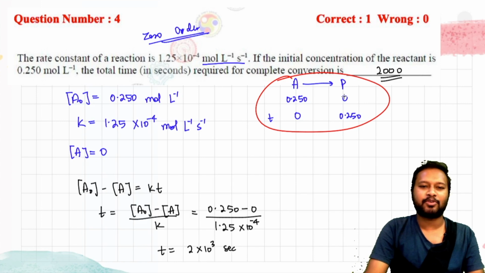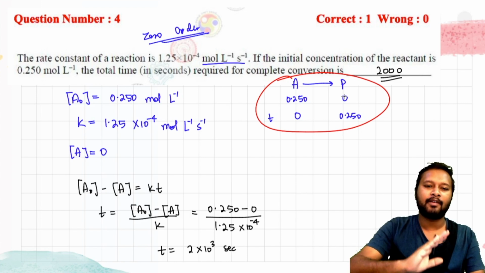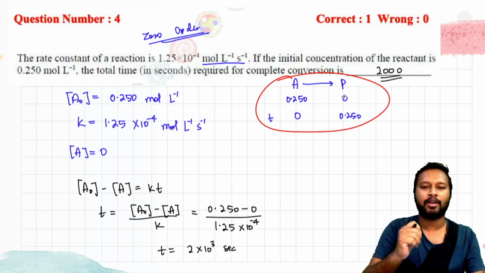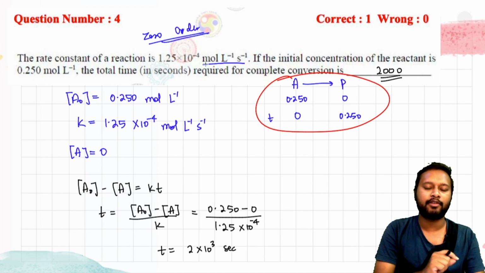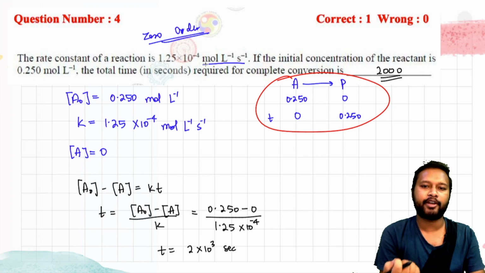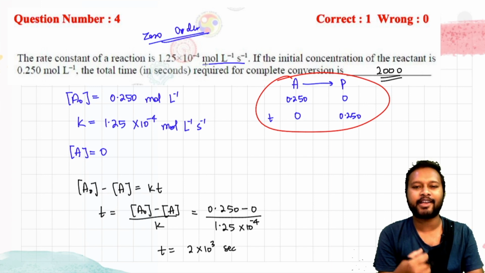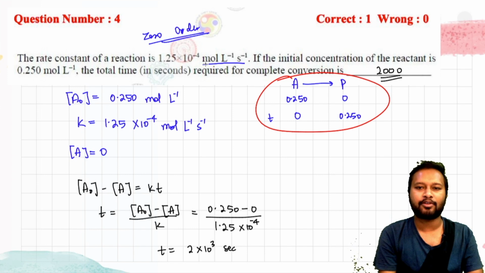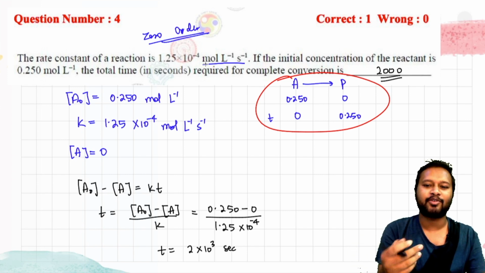So this is how this question has to be done. 1 marker question. It was a little tricky, just to understand the rate of the reaction through the rate constant. So you should be very careful with the rate constant. What are the units of the rate constant? You should be aware of how to find that and how to understand that to solve the question. All right, let's go for the next one.